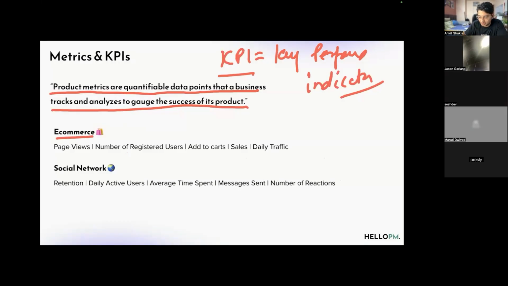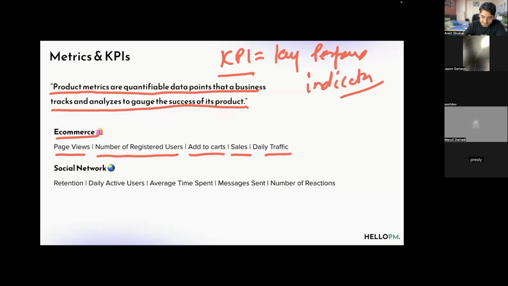In an e-commerce website, like Flipkart, Amazon, Myntra, these kinds of things, we have page views. How many views are these pages? How many people are actually going ahead and viewing these pages? Number of registered users, how many people are registered on the website? How many people are adding to carts every day or every week or every month? How many sales are happening and what is the daily traffic? Okay, you can understand